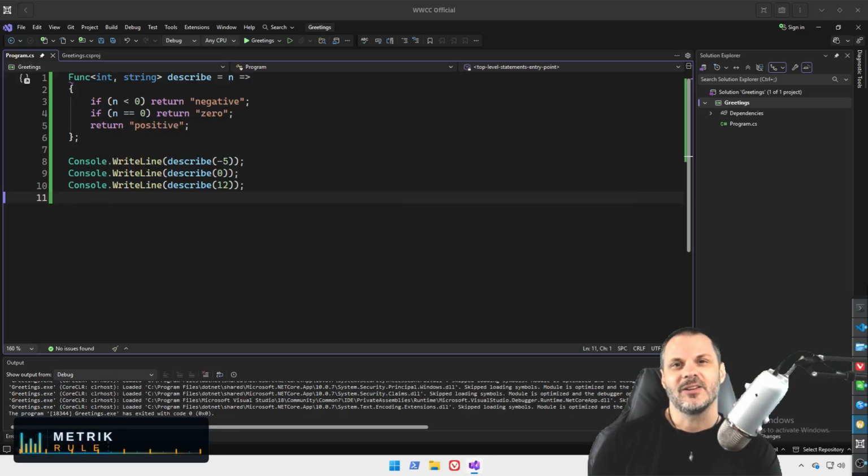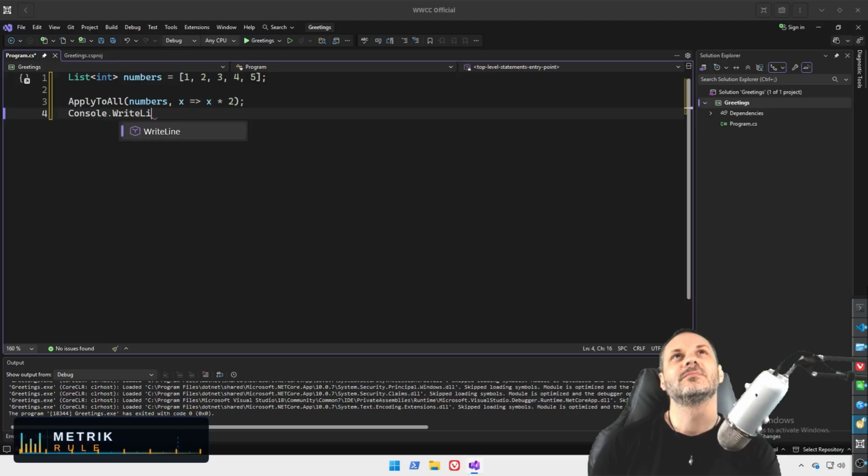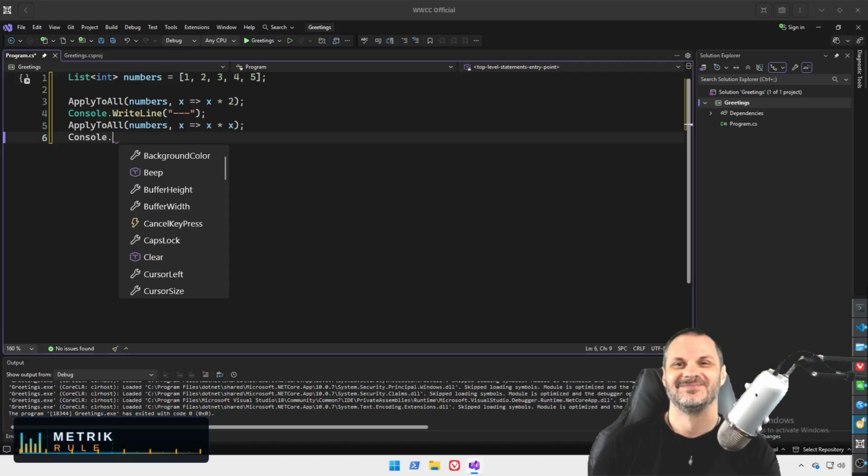Correct. Now, let's get back to your original problem: those three nearly identical methods. The fix is one method that accepts the transformation as a parameter. One method to rule them all, and in the darkness, loop through them. I write one ApplyToAll that takes a Func, and the caller provides the math. Write it. ApplyToAll takes the list and the transform delegate, then I call it three times with three different lambdas. I've successfully deleted the boilerplate. I'm basically a digital Marie Kondo. This code now sparks joy.